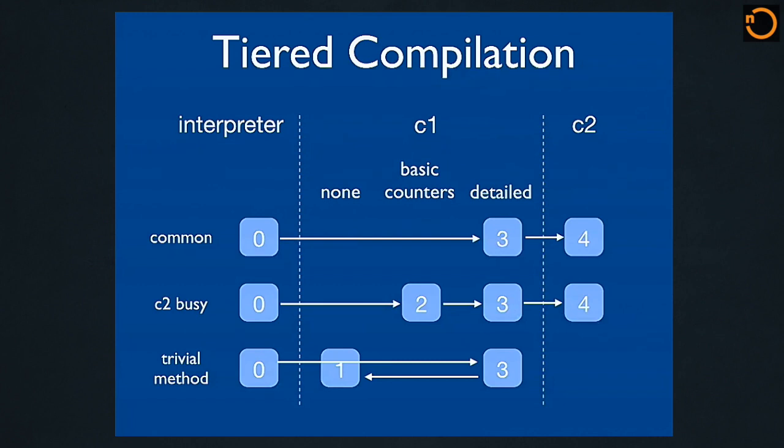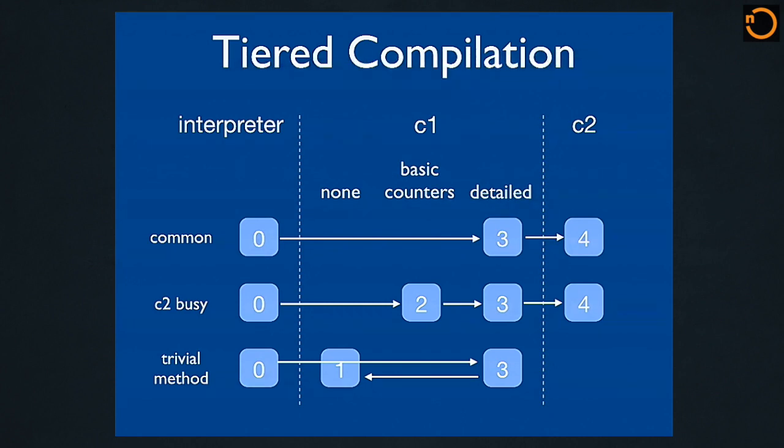There are certain things that C1's perfectly good at. C2 has all sorts of crazy fancy loop optimizations that we're going to get to. But say something like the object constructor. It's a single byte. It is a return. This is not a terribly hard thing to compile, no matter how smart your compiler is. So rather than burning our C2 budget